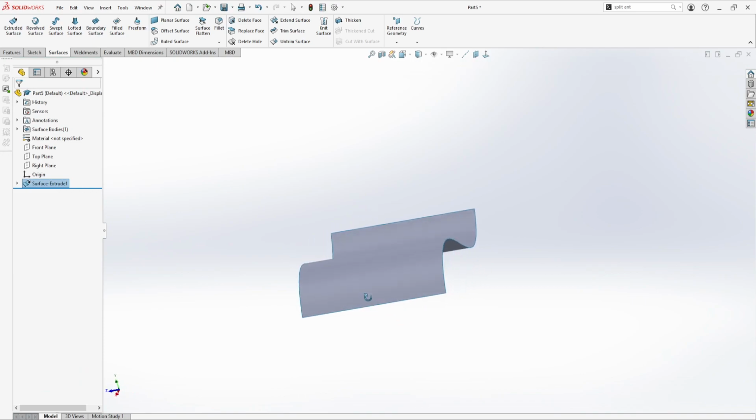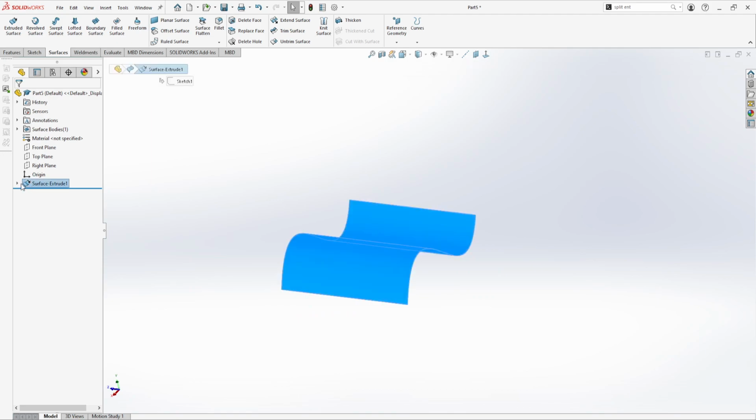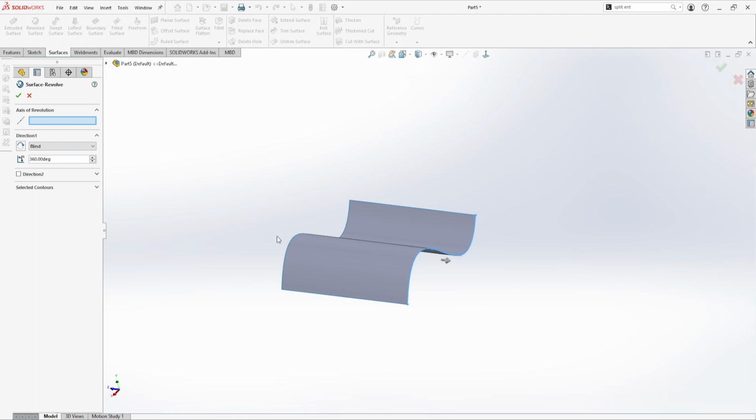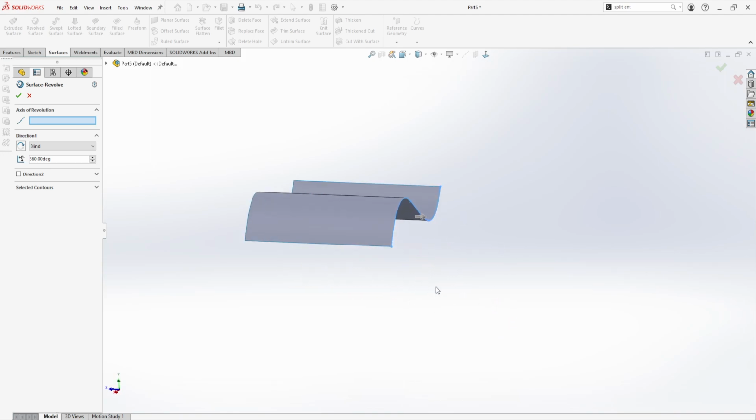Okay, and in SOLIDWORKS, we can do it. So we can grab our sketch. We can do a revolved surface. This is where it gets tricky. So we need an axis of revolution. On SOLIDWORKS, we don't have the y-axis vector. What we have is front, top, and right planes, but there is no vector or axis that you can select